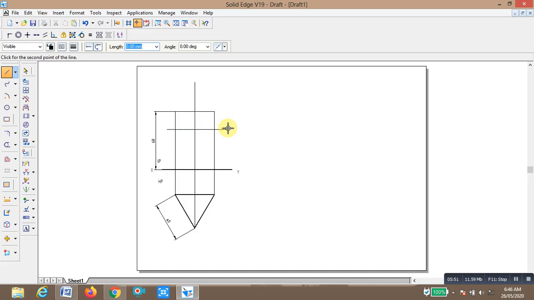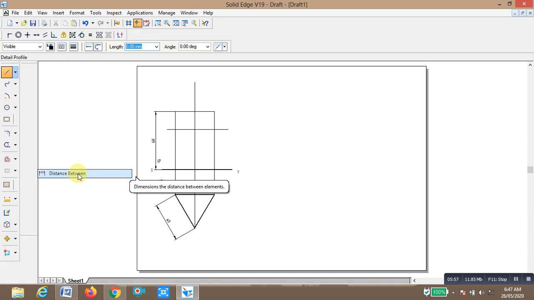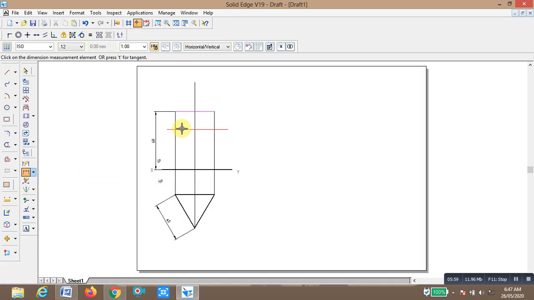Maintain the distance between these two lines. What is it now? You have to maintain 15, enter.